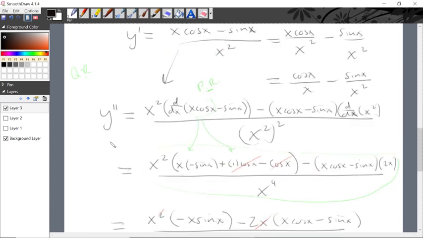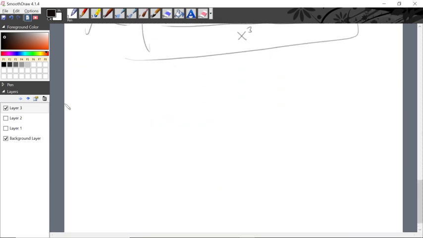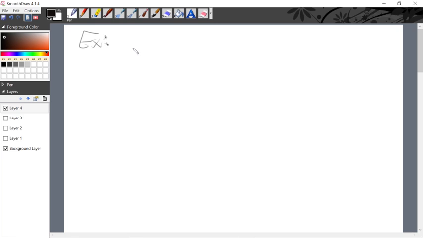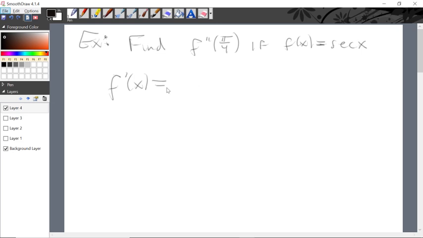Let's try one application. Let's see. Maybe 2. How about this one? Let's evaluate. Find f double prime of pi over 4 if f of x equals the secant of x. Okay, so we'll start by finding f prime of x, and then we'll find f double prime of x. You can plug in pi over 4. So f prime of x is